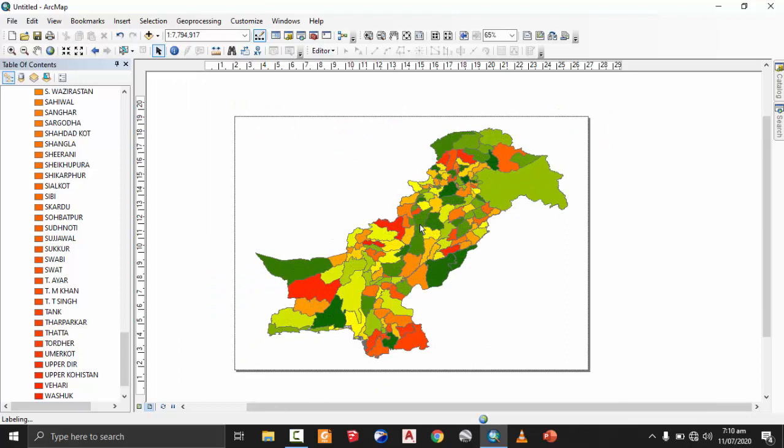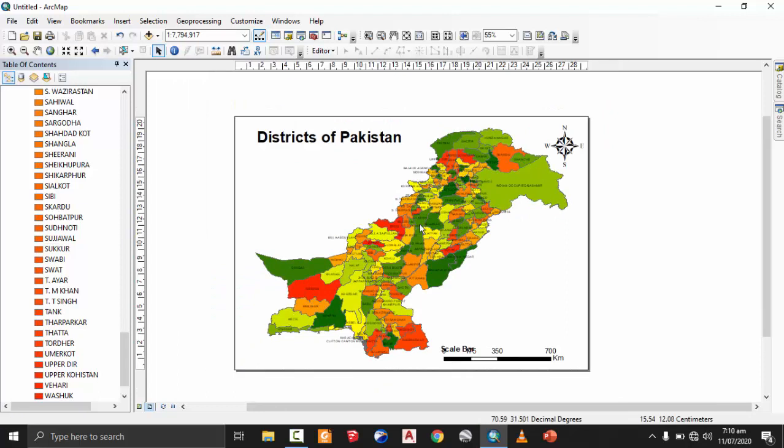So this is how we can make a map by using GIS, showing multiple options. Previously it was just vector data, nothing was there. So we have shown the label features, and we have inserted the north arrow, the title, and the scale bar. Oh sorry, the scale bar is below. You can just press up and down to adjust it. So in this way we make a map.